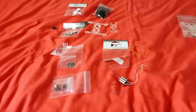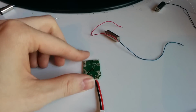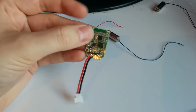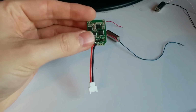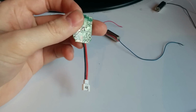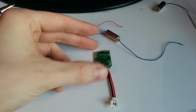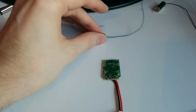Okay, let's get on to the build. The first thing I usually start with is soldering the motors to the controller board. It's important to note that when the Hubsan controller board fits on the frame, it's upside down, which is a bit confusing when it comes to soldering, because that means your clockwise and counterclockwise motors, you're going to be soldering them backwards or upside down. So you can use this video for a reference if you like, but in this instance,